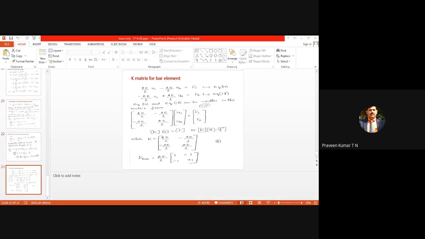If you have any doubt, we can discuss. This derivation is also available in the textbook, and in most textbooks. Don't worry about that, but the expansion may not be available. All equations are available. That part I'm writing.